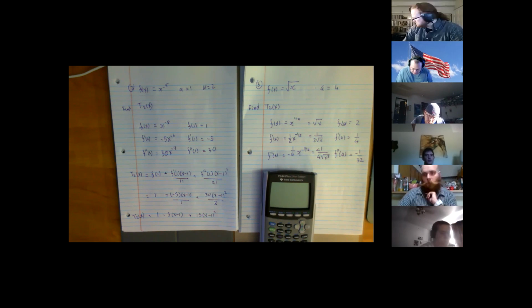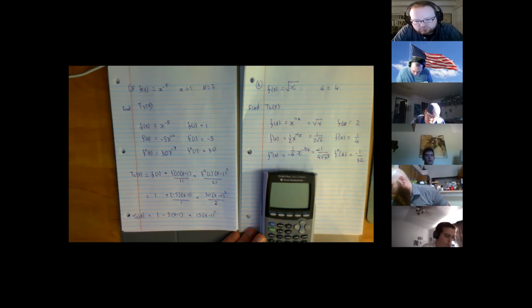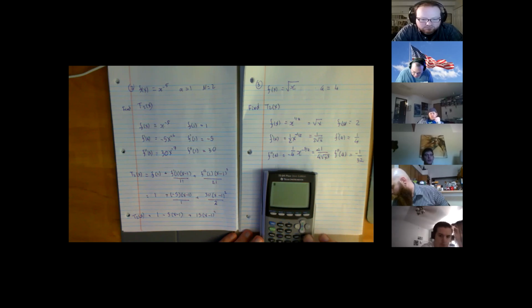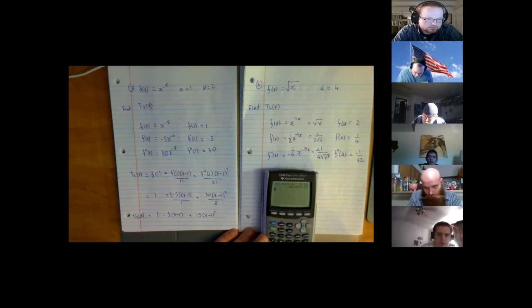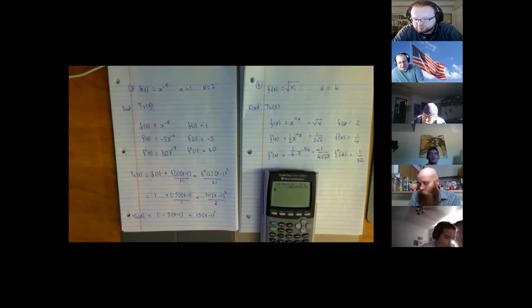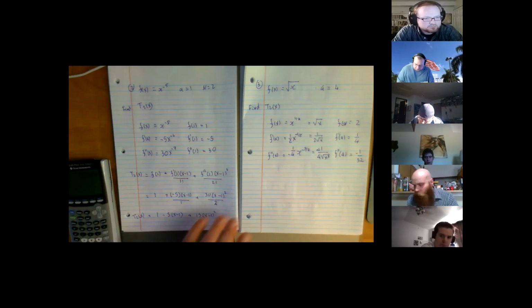If I go -1/4 of 4, well, it helps when the thing's on. So if I go, just want to show you why you can't really rely easily on the calculator. So that's -1/4. I'm going to multiply it by, put a bracket around it for safety, 4 to the power of -3/2. Do you see that that isn't an exact value of anything? You see the ugly decimal. So you're going to have to do some baby algebra here.